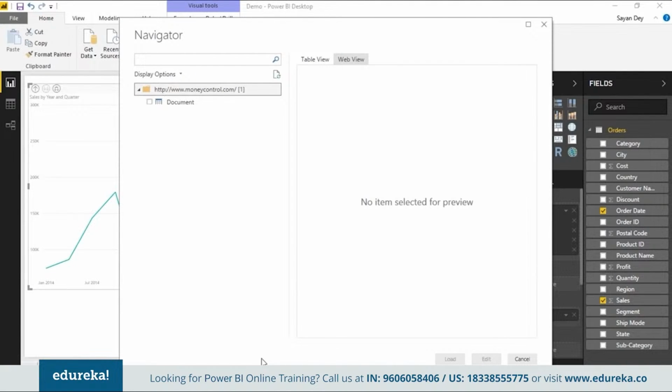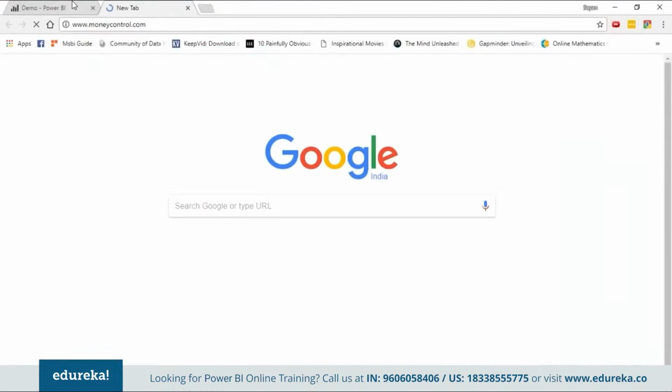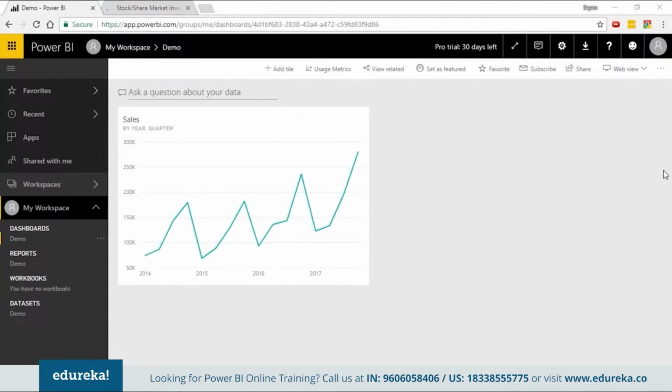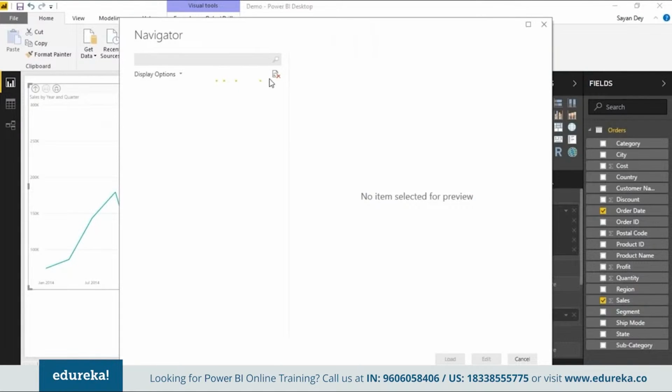So I'm going to go ahead and just type this in once again. The idea is it does take some time depending on the connection that you have. I think the site is not working that well right now. What it's doing is establishing a live connection with that site at this moment. And it'll ideally present to you a list of all the tables, tabular structures that you have. And you can see it takes a bit of time to connect to the site.